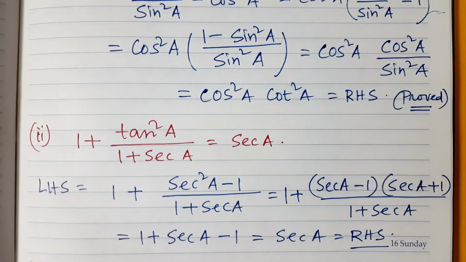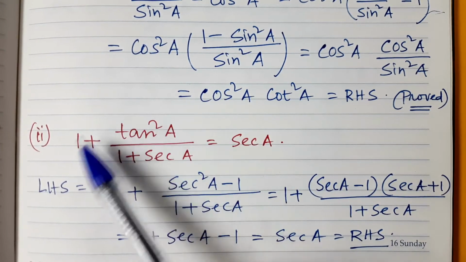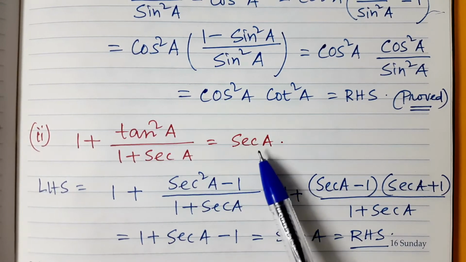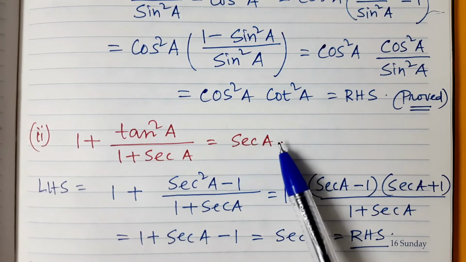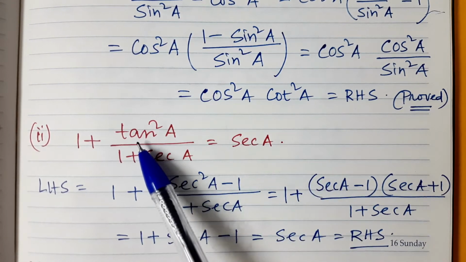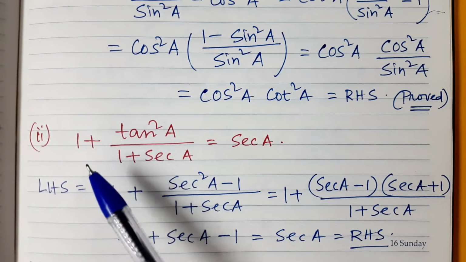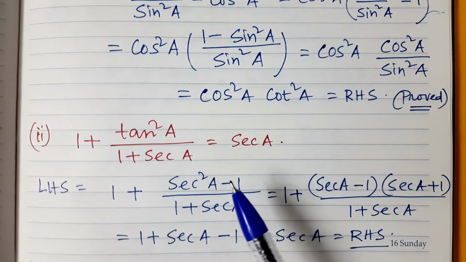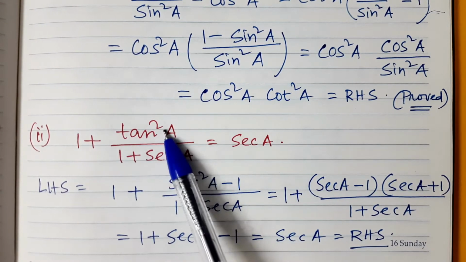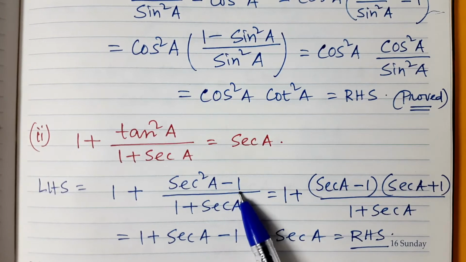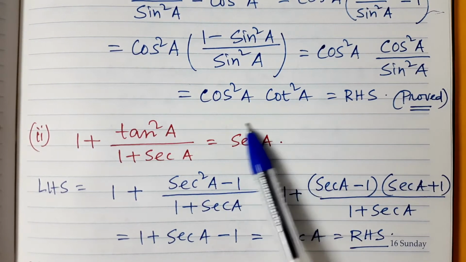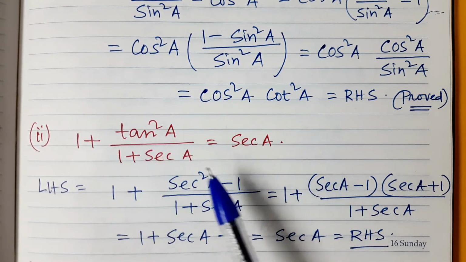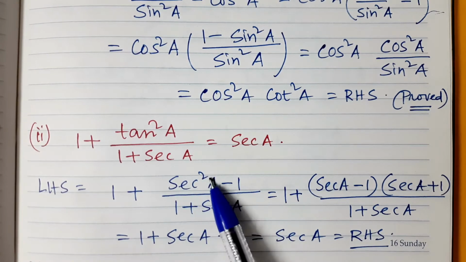Okay. Here you see in the left hand side there is a tan A term present, tan square A actually. But no tan is present at the right hand side. So I am replacing this tan in terms of sec. So we can write that sec square A minus tan square A is equal to 1. From there we can write that tan square A equals sec square A minus 1. Since only sec A is present at the right hand side, I am converting everything in the left hand side in terms of sec.